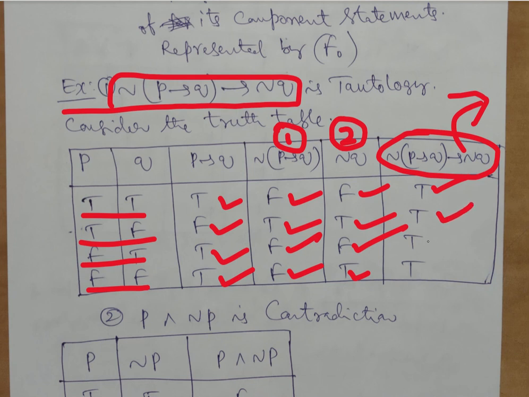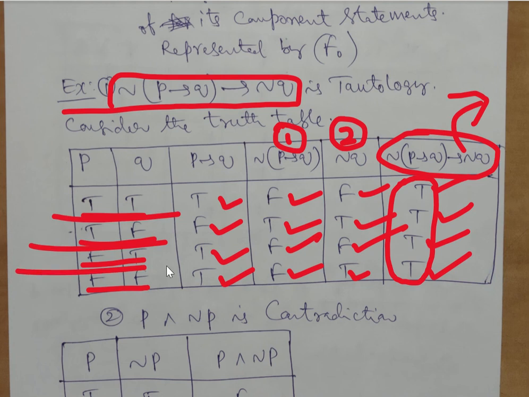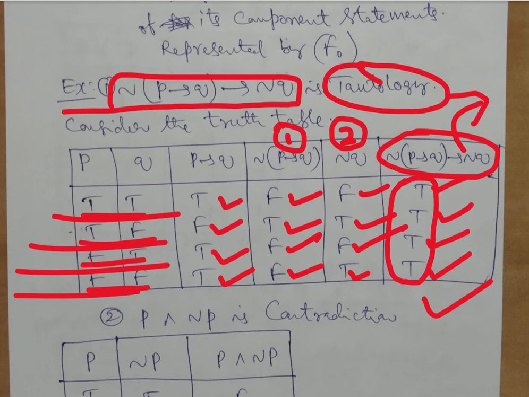F and F, both are false, true. T and F, it will be false. Since it is F and T, the reverse, it is also true. So look here, the last column that represents the compound statement has T, T, T for all its combinations. For each combination, its value is T, T, T. Thereby, we say it is a tautology, and hence we have proved it to be a tautology.